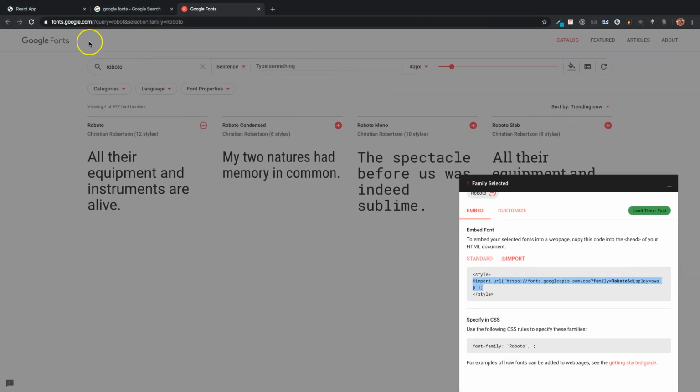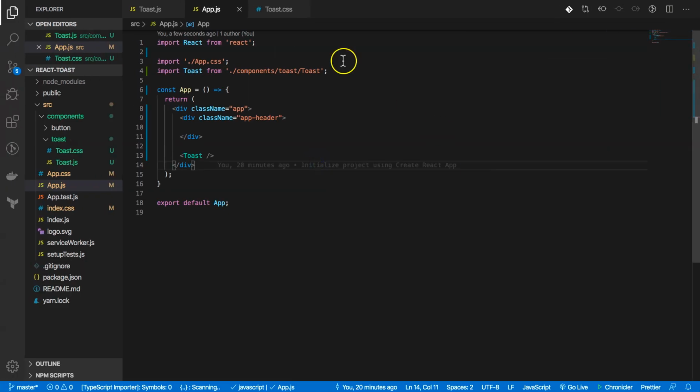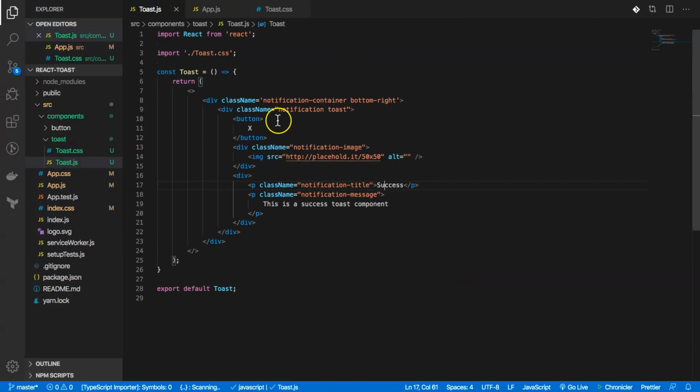So let's see this. Right now, this is how it looks. We don't have the colors being displayed, so we need to display the color. So to display a color, let's go back to the toast component. Here on this,